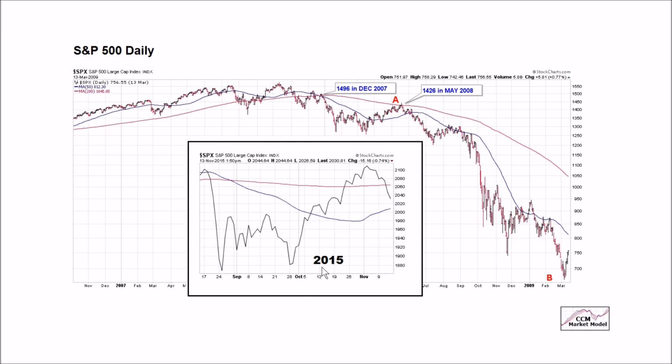Now we're looking at the same moving averages in 2015 as of Friday, November 13th. We've got our flat 200-day here. This is not a good look. This is a bullish breakout and now a failed breakout. The 50-day is lagging behind here. So this period here, which was a weaker period than this period here, we really have more of a look like this than a look like this.